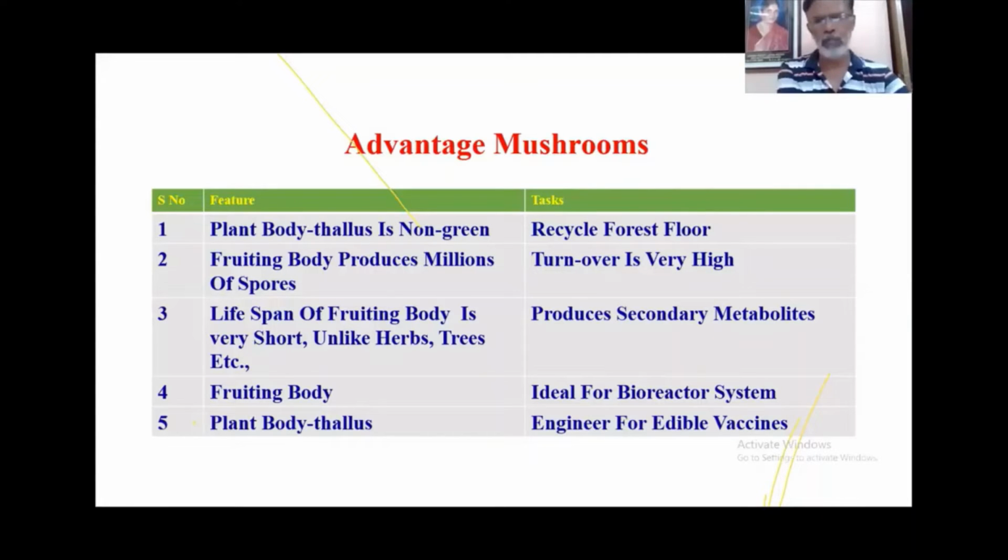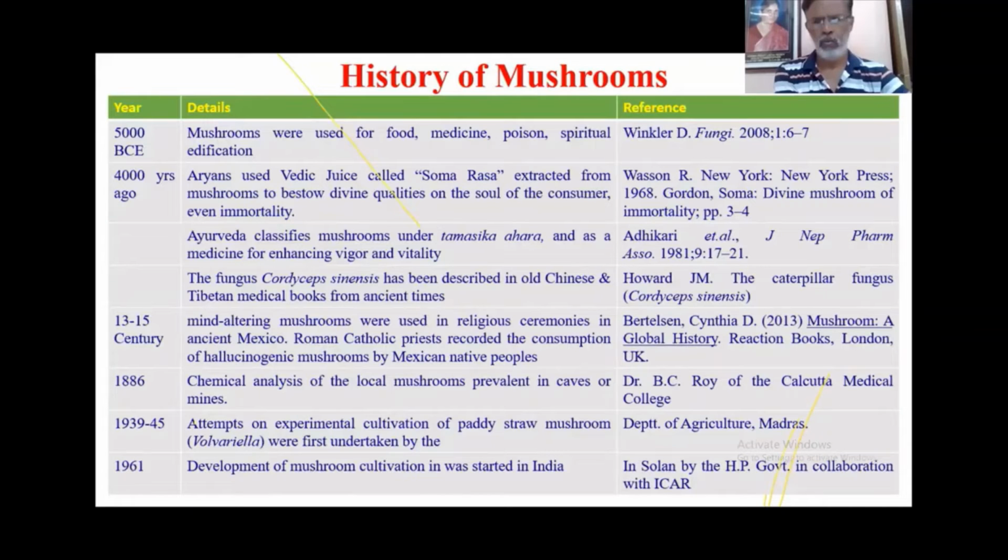Okay, so this is a history of mushrooms. What exactly was mushroom 5,000 years ago? It is given for food, for medicine, for spiritual edification, and for various other things. And then 4,000 years ago, Aryans used this Vedic juice called somarasa. It was extracted from this mushroom, and they believed that